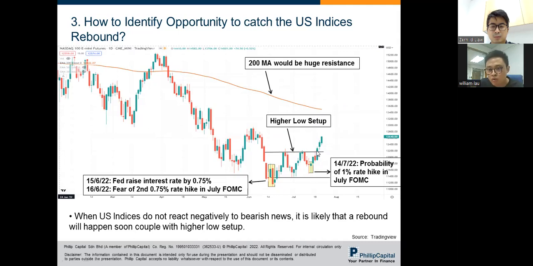So we try to long the indexes, but we try not to do it too near to the 200 days. If it is very far away, yeah, there might be opportunity, but it has broken out already. Usually, the way I trade is that if the indexes break out and then break below again, then it's not attractive to long anymore, because buyers might just exit already. So probably you need to wait for the next setup in this sense.